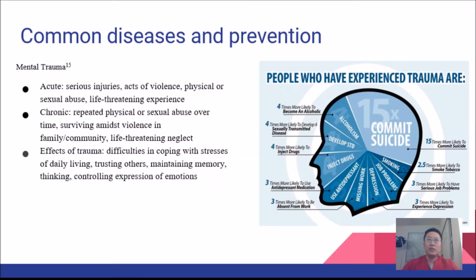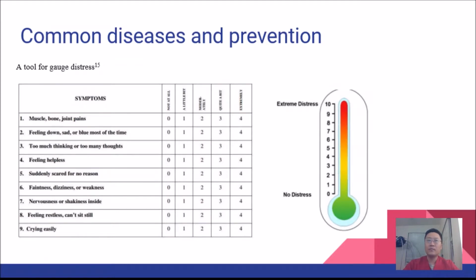So to protect ourselves from issues related to trauma, I think we need a way to gauge our stress level, to tell us if it's a good time to go to our doctor. We do have a tool here. On the left side, there's a table which has 9 rows. Each row has a set of symptoms. For example, the first row says if you have muscle, bone, or joint pains. The second row is if you feel down, sad, or blue most of the time. In the third row, you have too much thinking or too many thoughts, on and on. If you look at the right side,